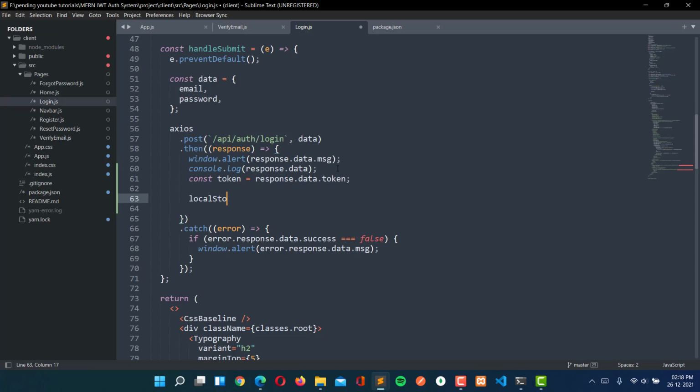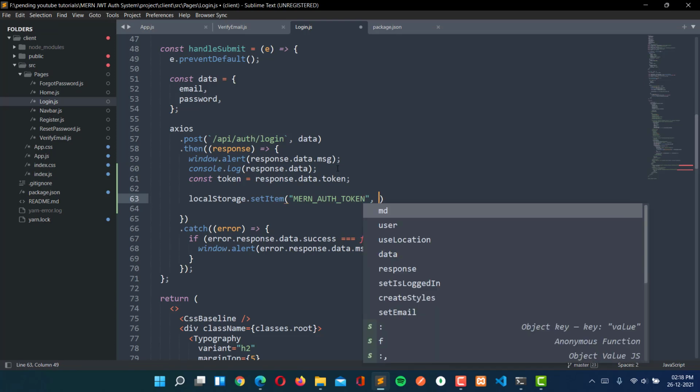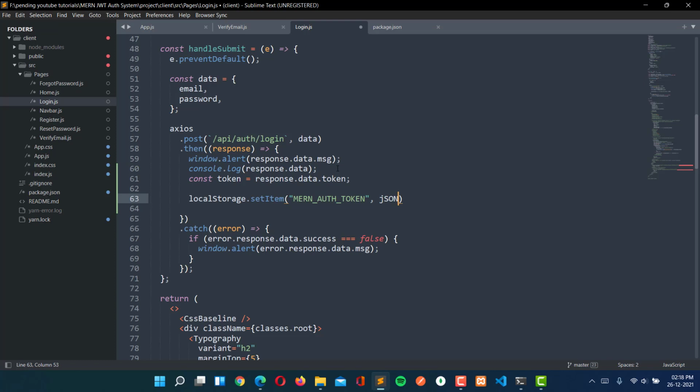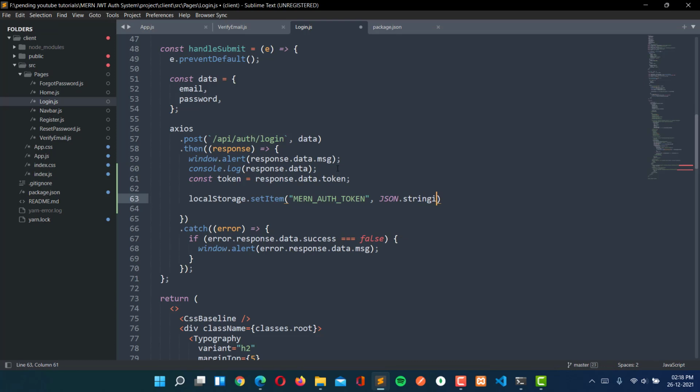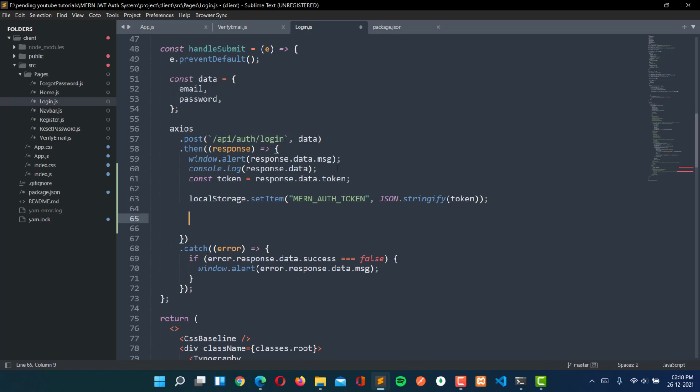It will be the token, so it will be like man auth token, and I'm going to stringify this token with JSON.stringify here. And now let's decode this token.